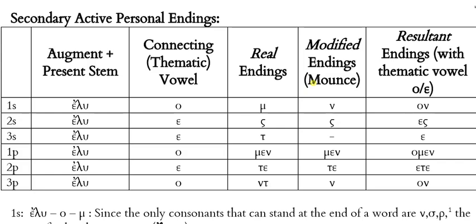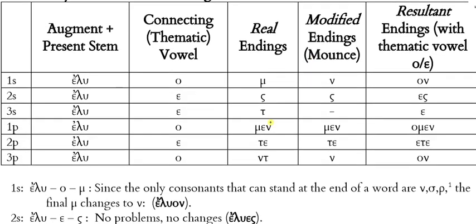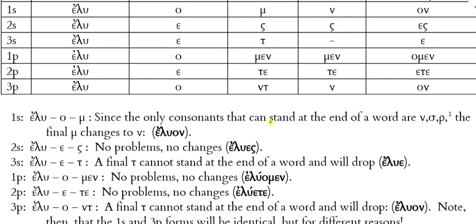That's exactly right. You cannot end a Greek word with a mu. In fact, what are the ways to end Greek words? Nu, sigma, rho, the center consonants, or a vowel, right? That's it. So what I should have had here for the first person singular would have been eluam, and then